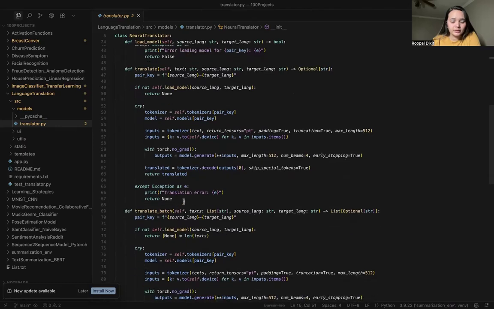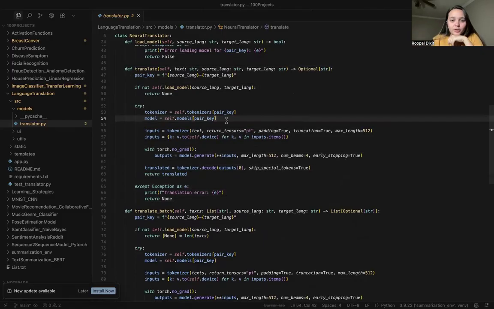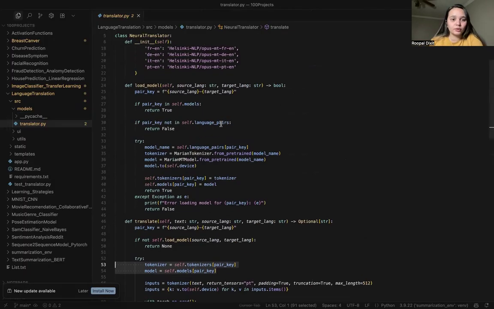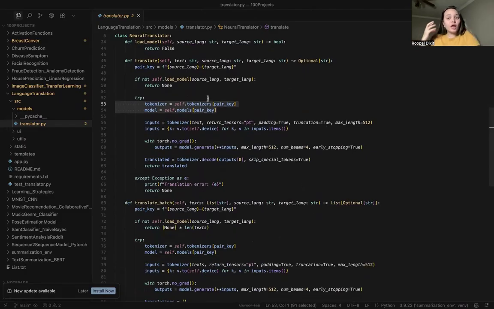This is the single text translation. Whatever input we provide is converted into tokens, and the tokenizer will be loaded from the load model function. For that particular model, the matching tokenizer will get loaded and applied on the user input.